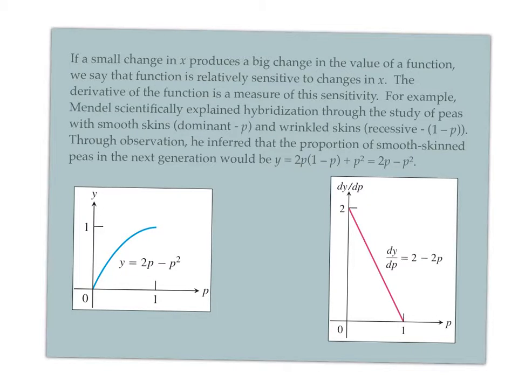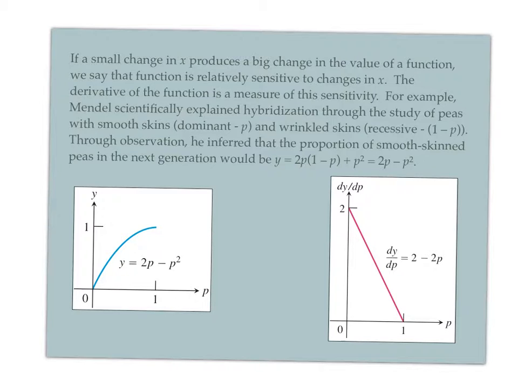Sensitivity is basically about steepness. It's about how quickly something's changing. So if a small change in x produces a big change in the value of the function, y, we call it sensitive. Like it's a sensitive function. Not sensitive like it cries, but sensitive like it overreacts. Okay, so